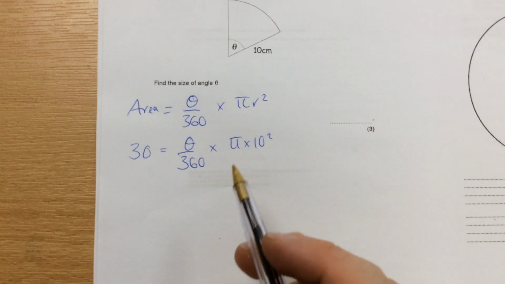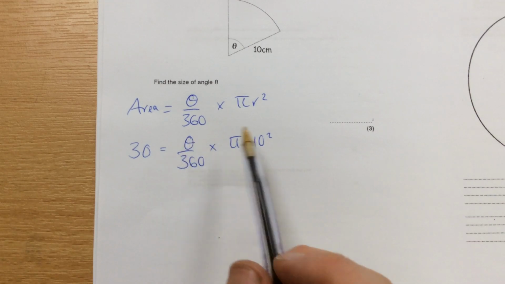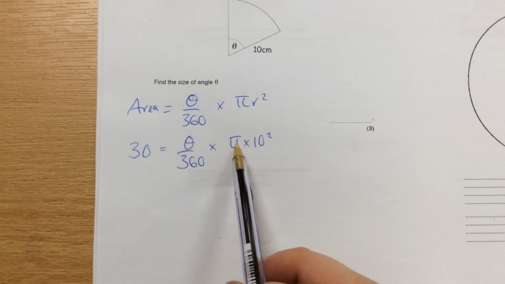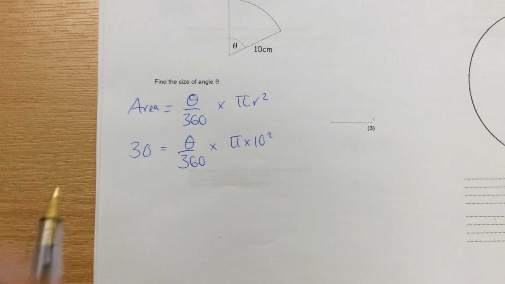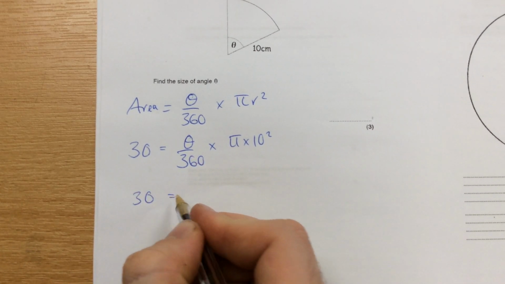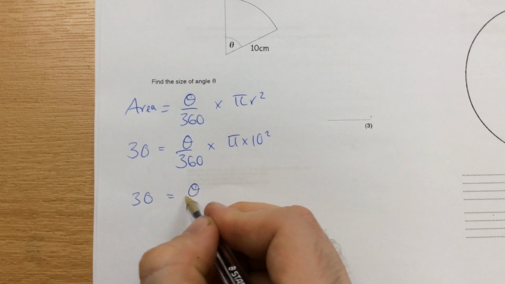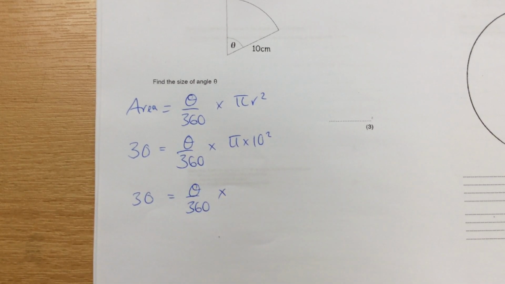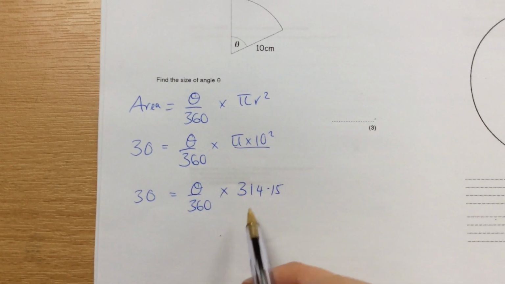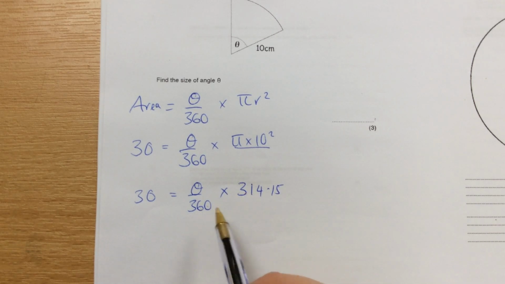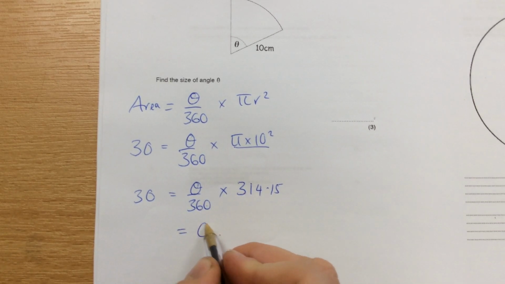There's two ways you can do this. You can either rearrange this to get theta on its own, or you can do all your multiplying this side with the pi, the 10 squared, and the divide by 360, and then move that over afterwards. So if we do it that way, we get theta over 360 times 314.15 if we just do this bit. And then we can also do the divide, because multiplying and dividing can be done in any order. So we end up with